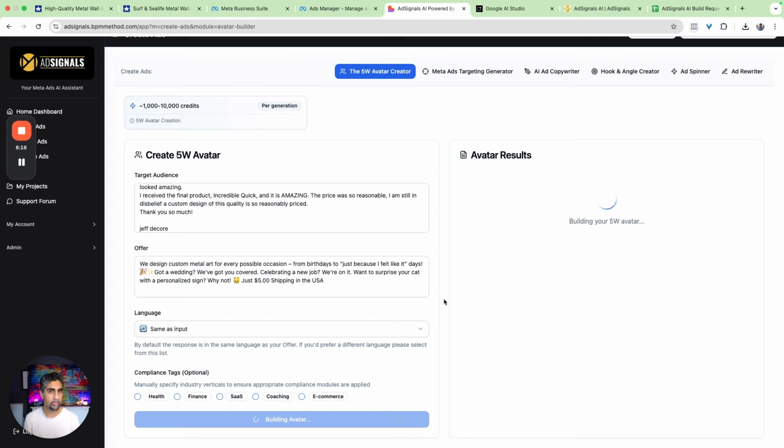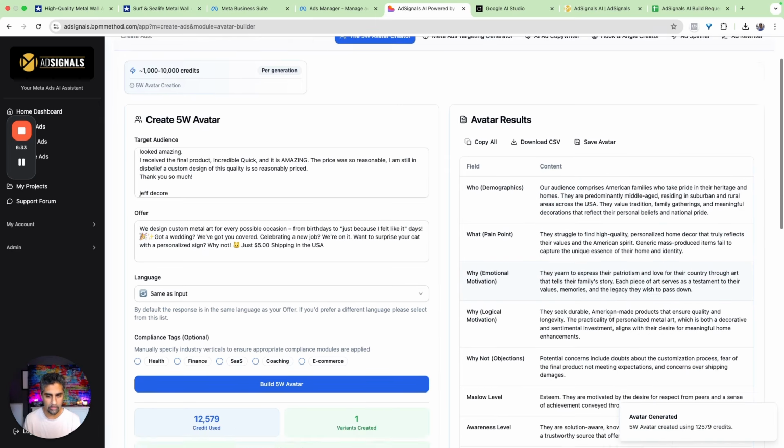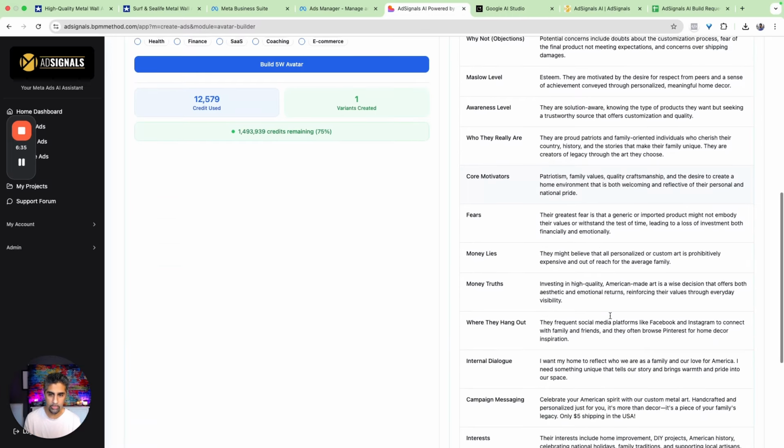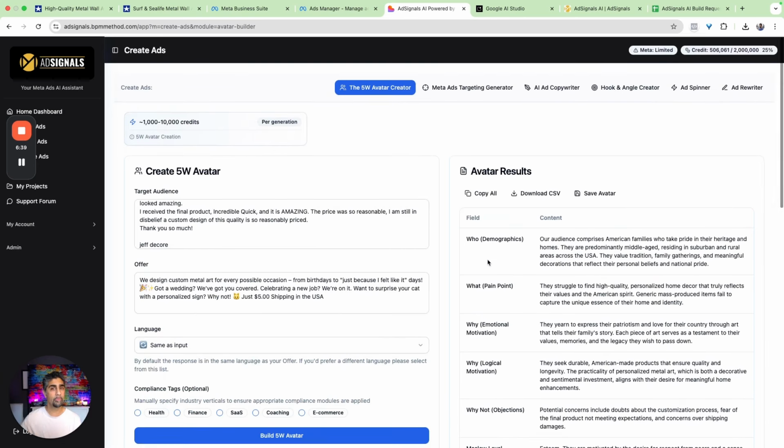And what the AI is doing in the background is it starts with the simple stuff, like who are we targeting, what's the offer, and things like that. And then one by one, it breaks down additional things that we need. Now, when you're looking at these results, you don't need all of this. You don't even need to read all of this. We programmed this in such a way that these are all specifically built so that when we're creating ad targeting, when we're creating ad copy and creative ideas and things like that,